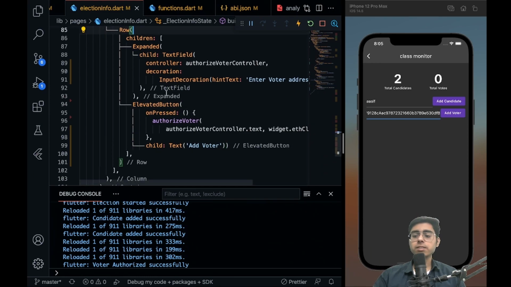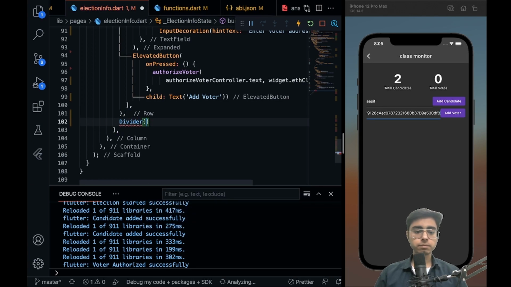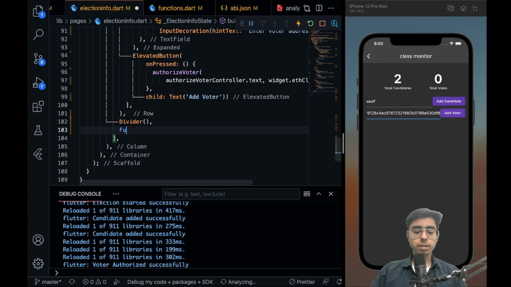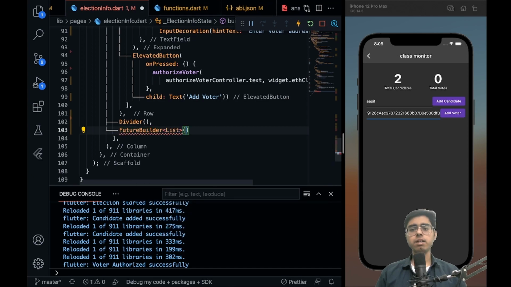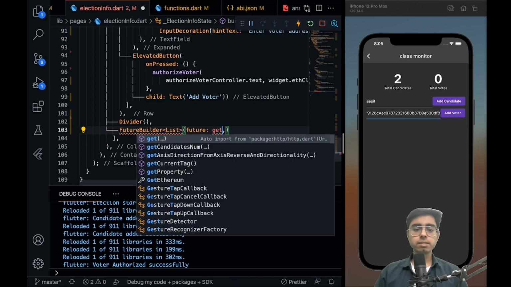Okay, so our major task is done. Now we need to show a list view dot builder, and inside that list view dot builder we will be having all the candidates information, and aside of that candidate's name we will have a button to vote for him or her. Perfect. So let's do that. After this row I'll be defining a divider and a future builder. This future builder is going to get a list, and it will be having a future of get candidates number,